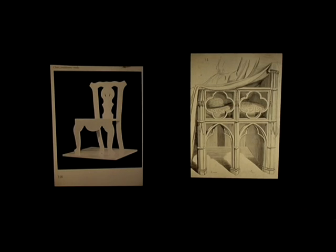Now, what is true is that chairs are existing. It's not so that we have to find out how we could sit. And therefore, it's interesting how Adolf Loos, for example, approached this problem of a chair. He did not try to invent a new chair. What he did was,